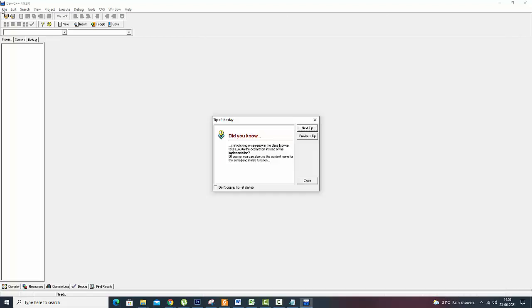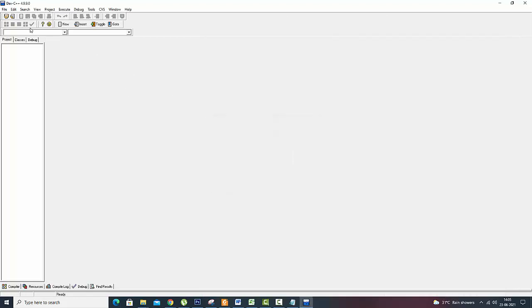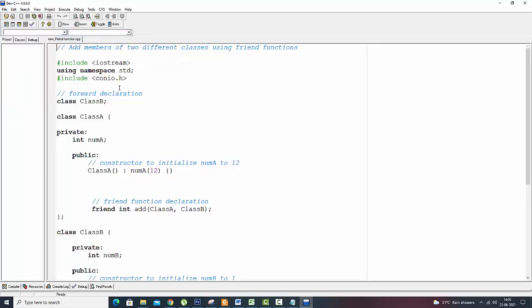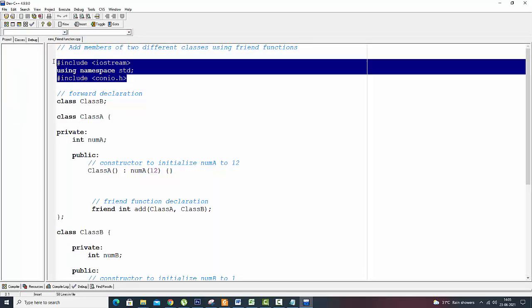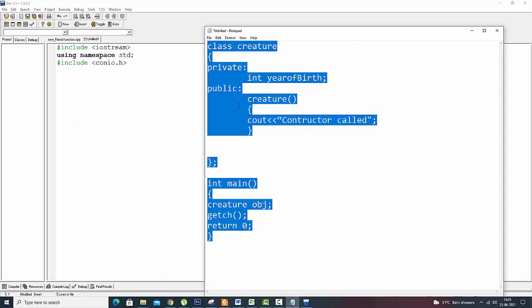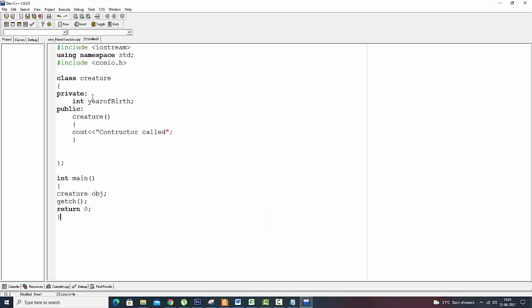I have opened the recent one so that I can get a function from here. Let me copy this one and keep it here first, and then copy this text file and put it here.